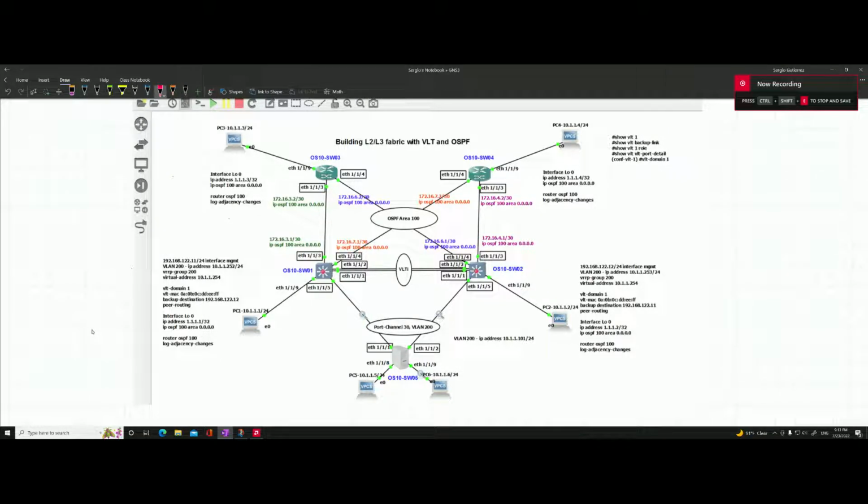Okay, this is going to be an overview for lab number 3. So I'm going to write it down here, lab number 3. On this lab, I'm going to go ahead and build a layer 2, layer 3 fabric using the Dell VLT